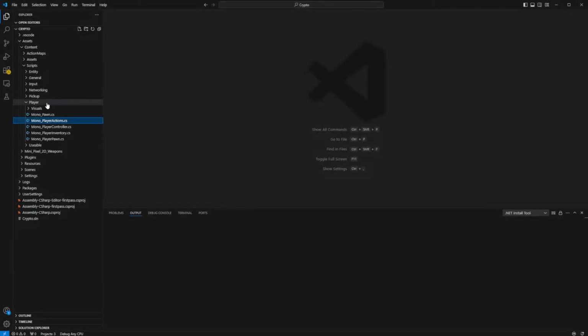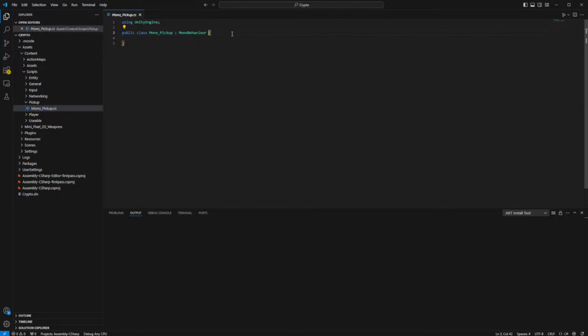I believe I actually already have one. I do. All right. So we need to define everything for all pickups. So not just the gun. If we have like medkits or grenades, we have to do it for everything. So let's start with our components, and I'm pretty sure we're gonna want a box collider 2D collider, and we're gonna want a sprite renderer. Okay, we've got those two,